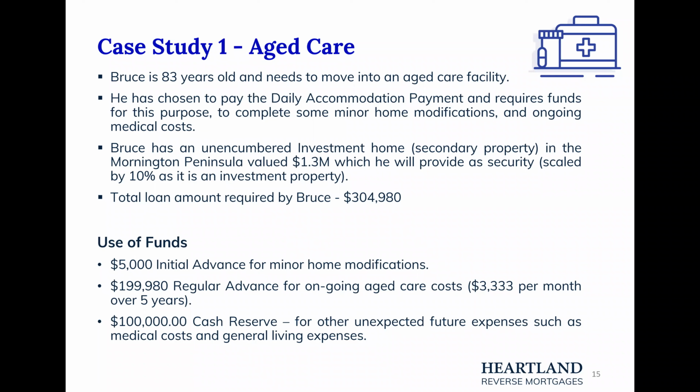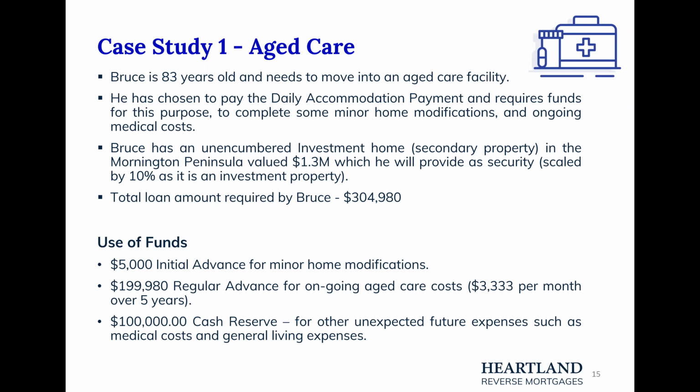He has an unencumbered investment home, so on top of his own occupier, he does have this investment property that he prefers to use as security. It's based in the Mornington Peninsula, valued at $1.3 million, and in this case, as I mentioned earlier, we will only scale the max lend by 10% for an investment property when it is on an aged care loan. So the total loan amount required by Bruce is only